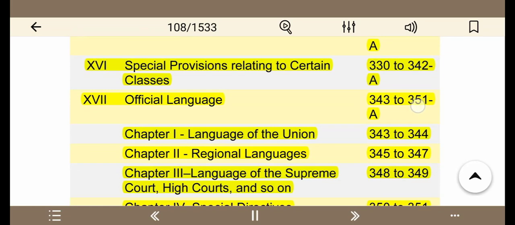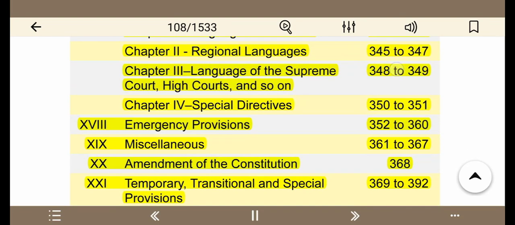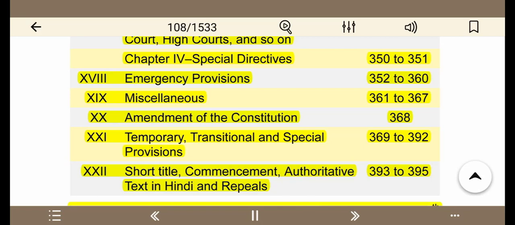Chapter 1, Language of the Union, 343 to 344. Chapter 2, Regional Languages, 345 to 347. Chapter 3, Language of the Supreme Court, High Courts, and so on, 348 to 349. Chapter 4, Special Directives, 350 to 351. 18, Emergency Provisions, 352 to 360. 19, Miscellaneous,